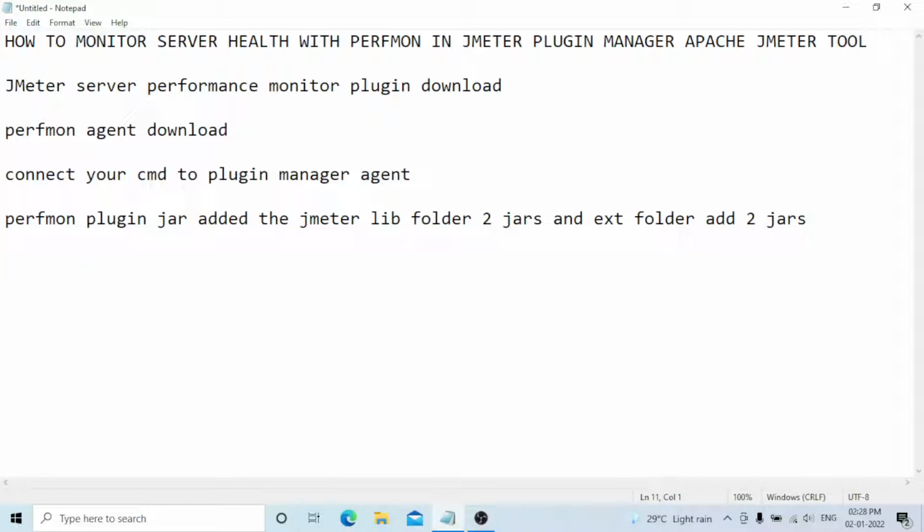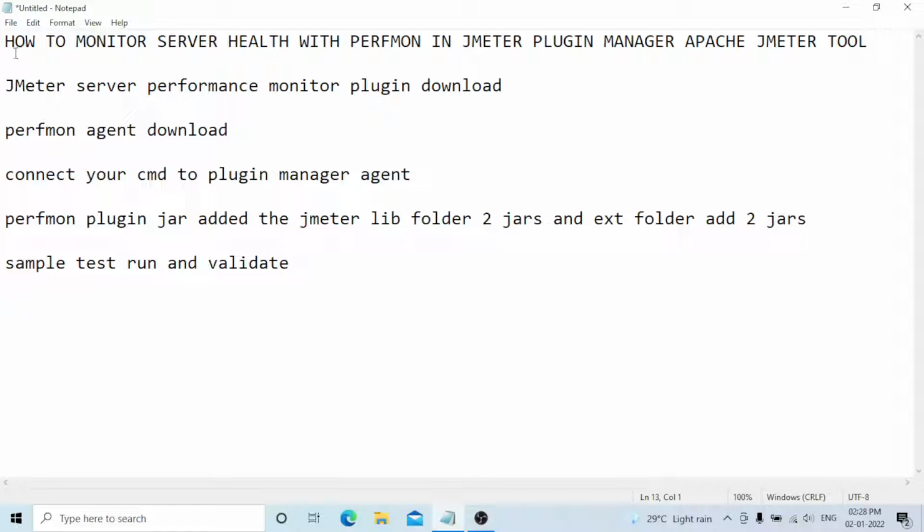Okay, these are the general things you need to do. And then a sample test, run and validate. Okay, this is our main task.